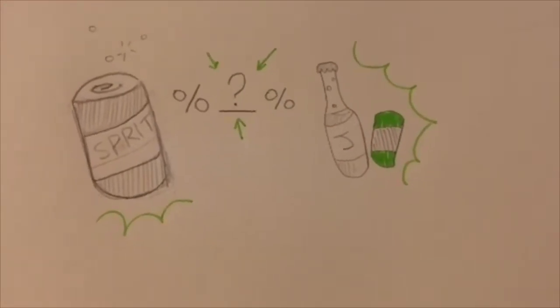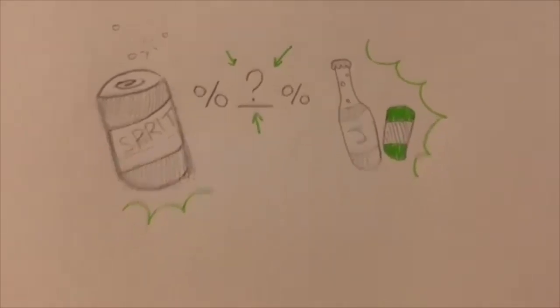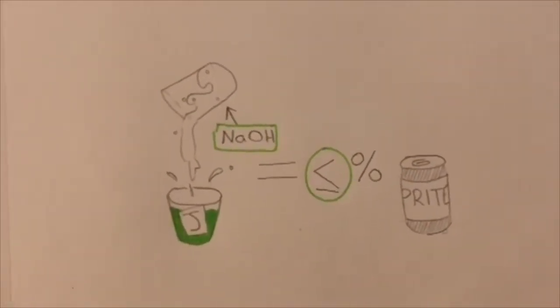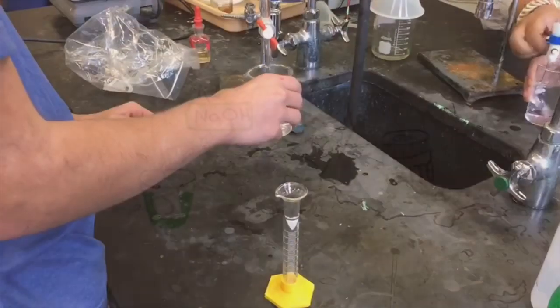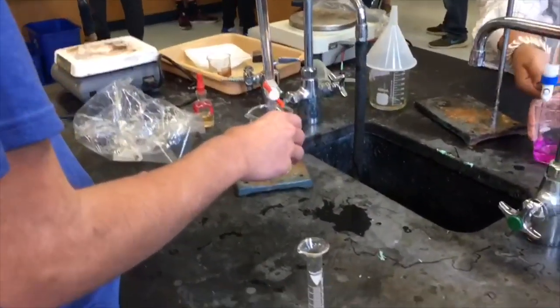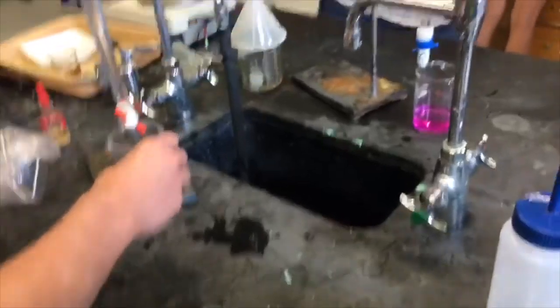Our research question was, how does Sprite's citric acid compare to the concentration of knockoffs? And our hypothesis was, if NaOH is added to the knockoff sodas, then it will be found that the knockoffs have a lower concentration of citric acid than Sprite. The materials we used were a burette, beakers, graduated cylinders, 10 milliliters each of our different sodas, indicator, and 0.1